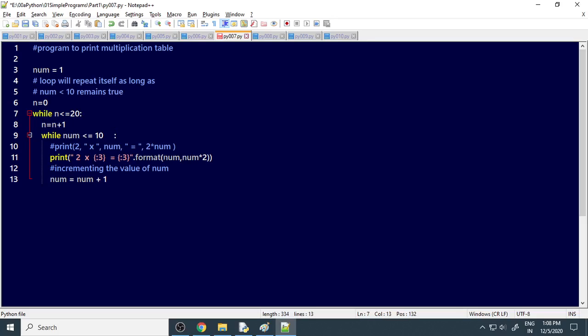So then we have to change here. So this is num. Okay, so that num is correct, and this num. So this 2, instead of 2, it's n. And here also it's supposed to be n.